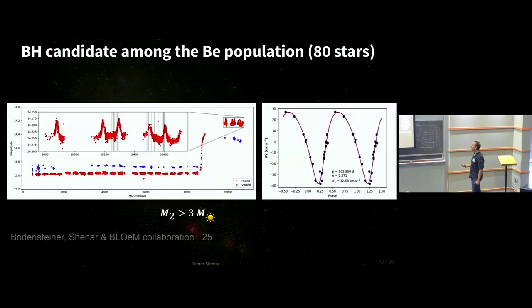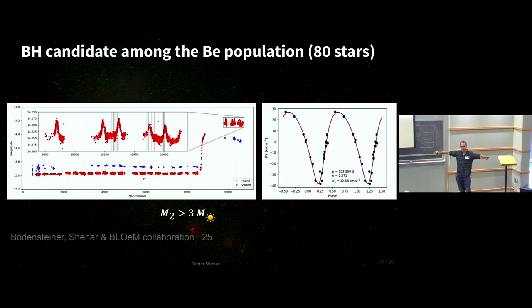One final candidate I wanted to mention. This actually comes from a sample I haven't talked about. Julia Bodensteiner is analyzing this one from the BE sample. There is one cool star. It's a hot star, but it's cool in its way. This is the historical light curve of the star. You could see it was pretty flat, and then suddenly there was an increase in the light. This is associated with the disk of the BE star suddenly emerging.